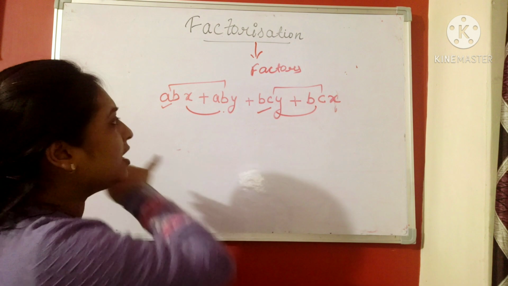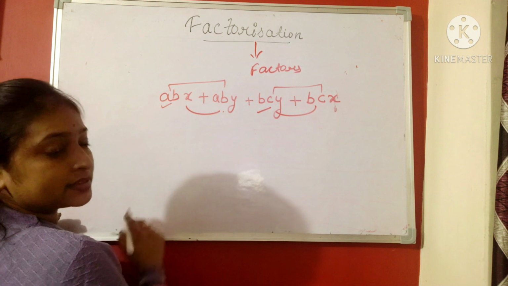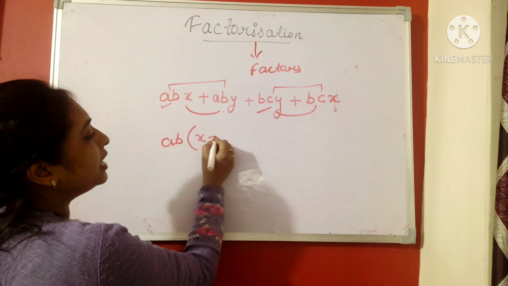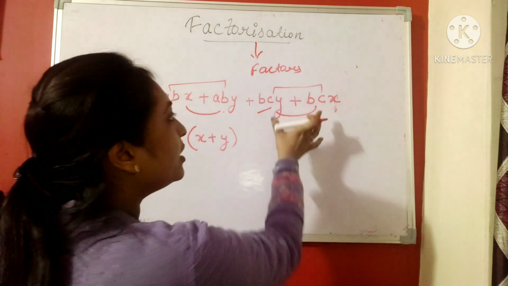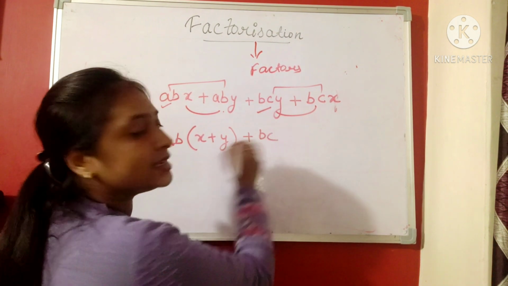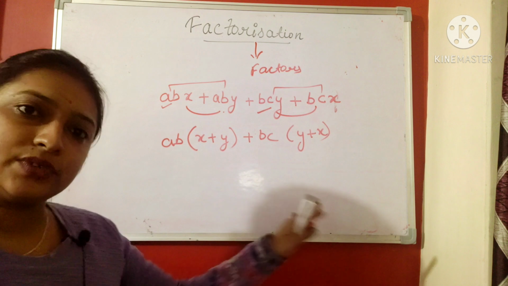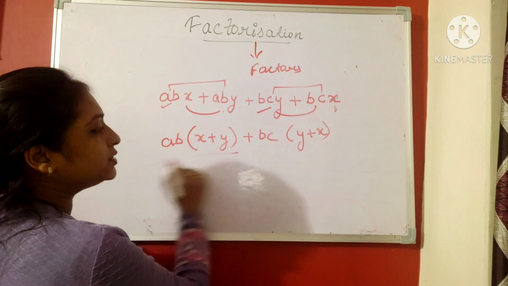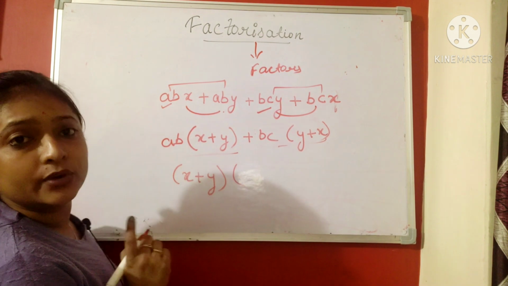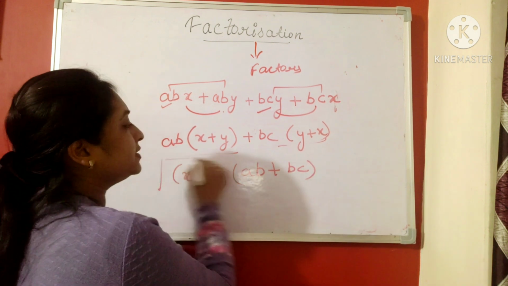It's human nature, so we will move from the left hand side only. So it is abx and here it is aby. If we talk about these two terms only, ab is common and we are left with x plus y. Now in these two terms, plus bc can be taken out common and we are left with x plus y, or y plus x, which is the same thing. Now again we have this term and this term. In both the terms again we have x plus y as common. Taking x plus y common, we are left with ab plus bc, which is the answer.